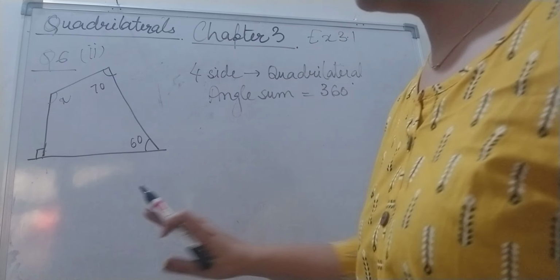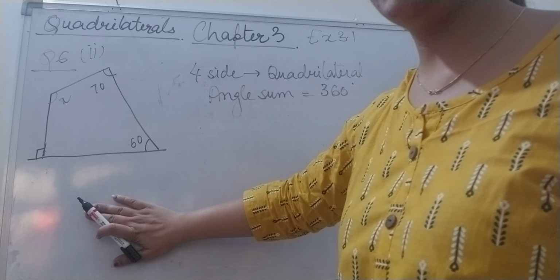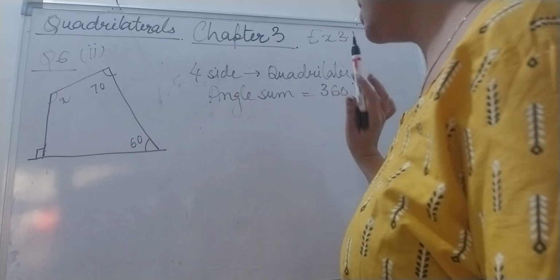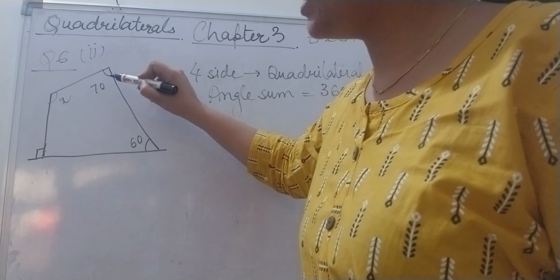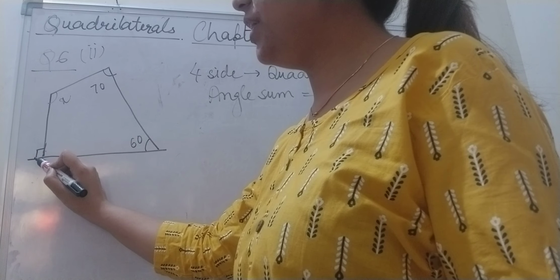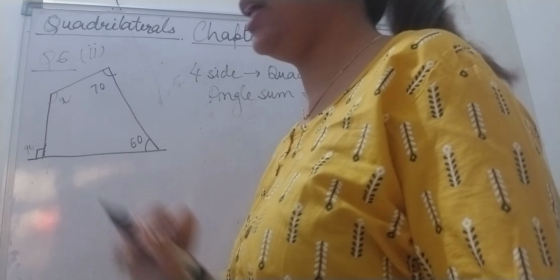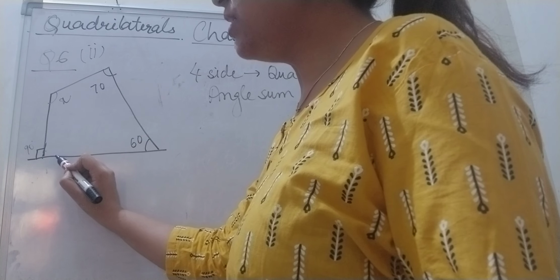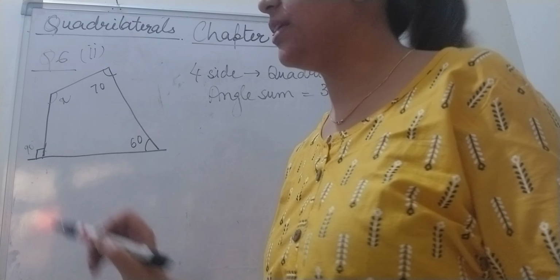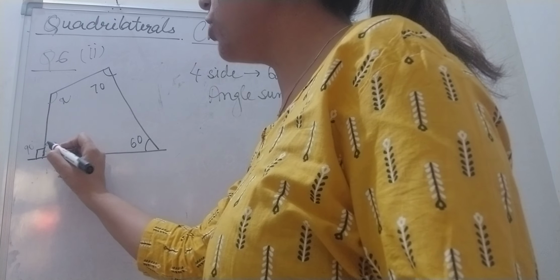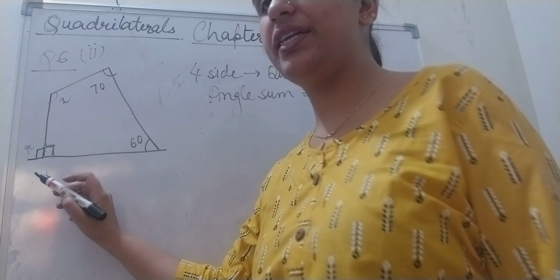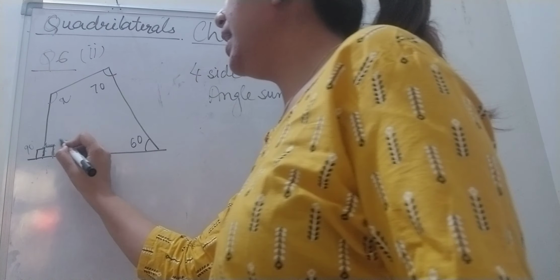Now second part, this is a figure given. First see the figure carefully. In this, 1, 2, 3, 4. Again a 4-sided figure, that means a quadrilateral. One angle is x, second is 70, third is 60. The fourth angle you have to find. This symbol given is 90 degrees. That means the outer angle is 90 degrees. The angle sum property says that the sum of the two angles should be 180 degrees. If outer is 90, then inner will also be 90 degrees.